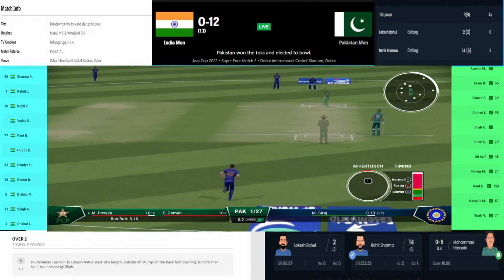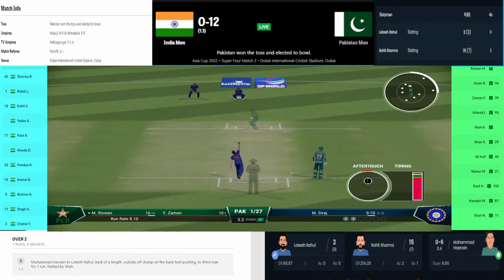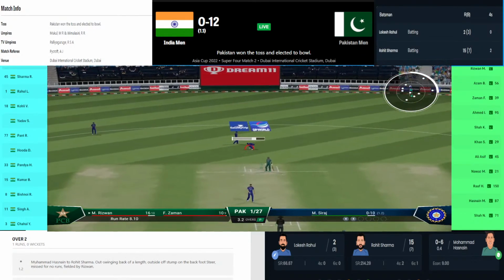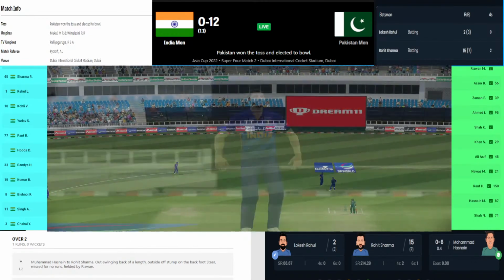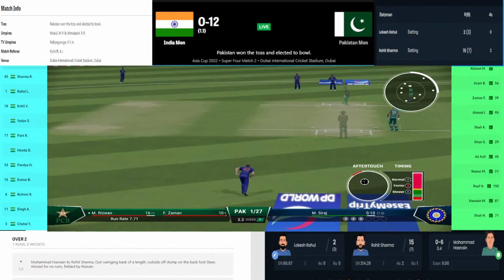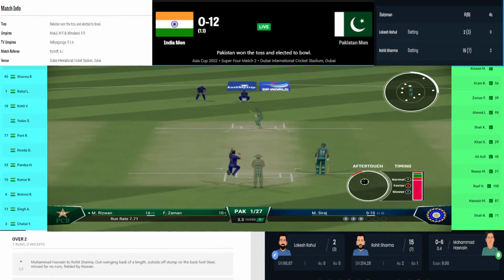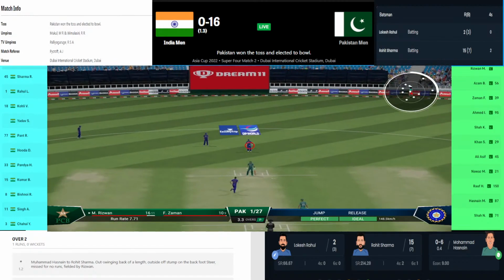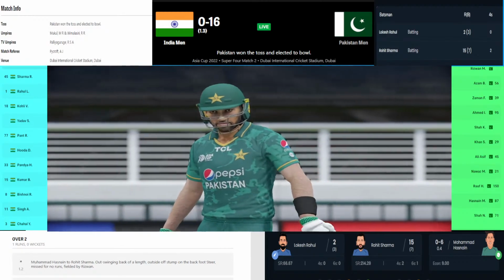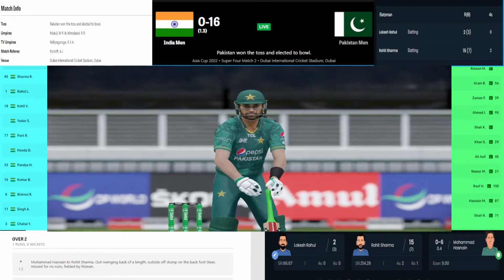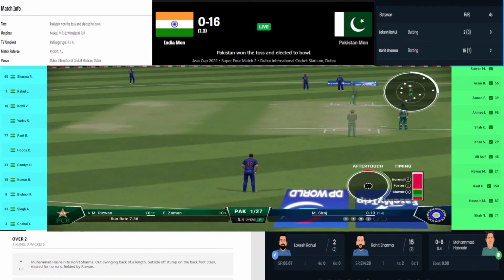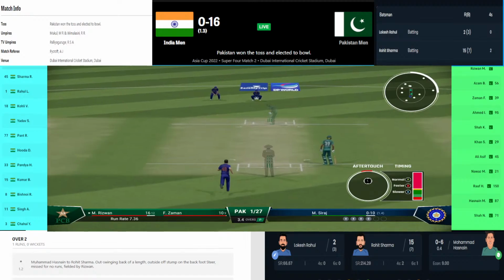And here's third delivery of the second over to Rohit Sharma. This time it's a pitched up delivery. Rohit Sharma clears the infield over the mid-off fielder for 4. Wonderful shot that was from Rohit Sharma. He just read the length early, and he knew that now it's going to be a pitched up delivery, so he was just ready for that. As soon as the ball came, he wisely timed that ball over the mid-off fielder for 4. Wonderful piece of timing he got on that, and with the help of that shot, the score has moved on to 17 without loss after 1.3 overs.